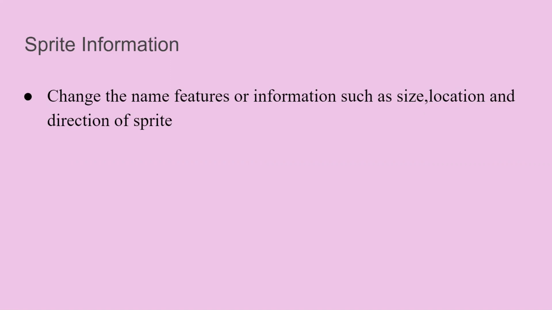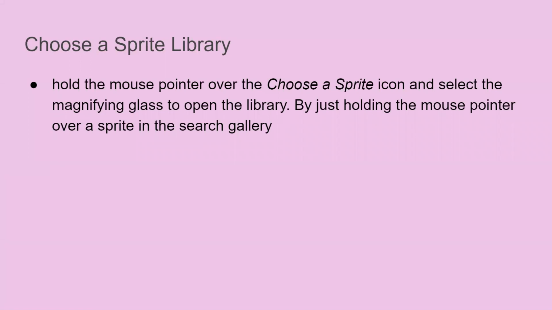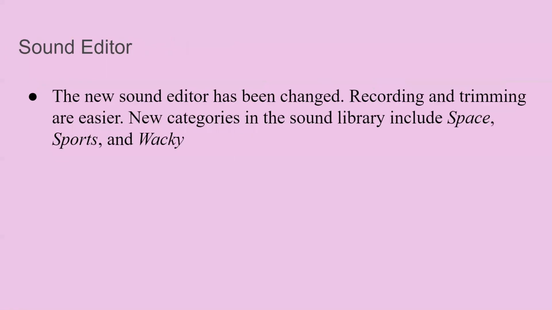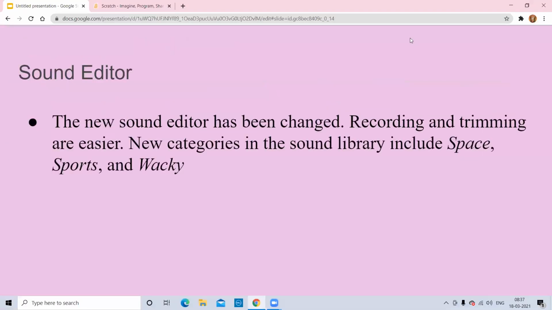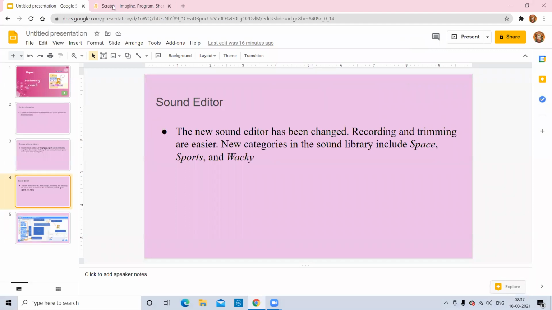To increase or decrease the size and to give names to these sprites, we can go for sprite information. I'll show you by using the Scratch software, but before that we'll be discussing two other concepts. Sprite library, the place where you select a sprite or upload a sprite from the gallery. Sounds editor, if you want to use sounds for your game or for designing animation with music. For that we use the sounds editor, and we can add recordings from the sounds.